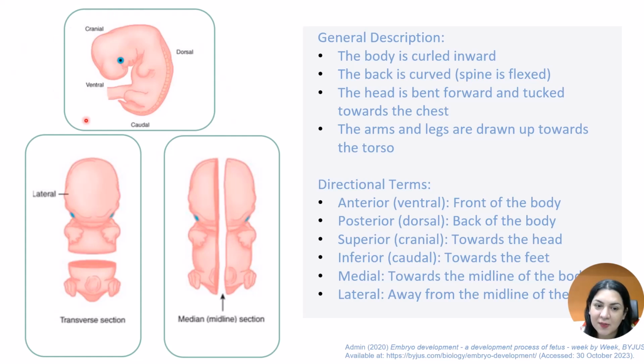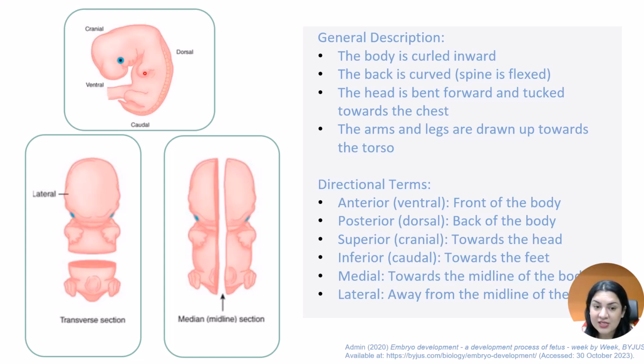So this is what a developing fetus looks like while it's in utero during pregnancy. It's going to be curled inward with the back region, or the spinal region, flexed because the back is going to be curved. The head region of the fetus is going to be bent forward and slightly